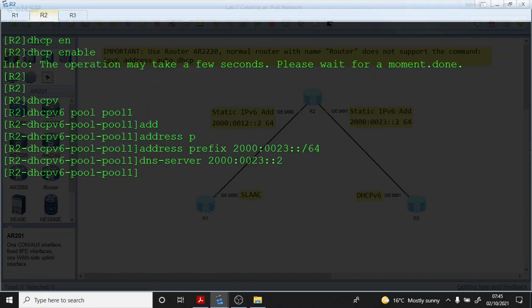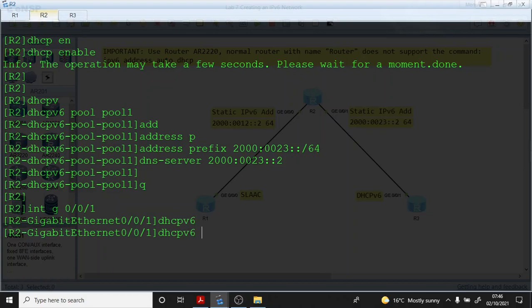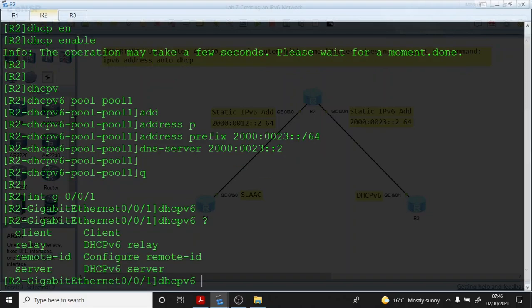After we've done that, we can get out of the pool. In DHCPv6, we really don't have to specify the gateway address. Okay, so now we can go into the interface G0/0/1 on R2 and use the command dhcpv6 server,